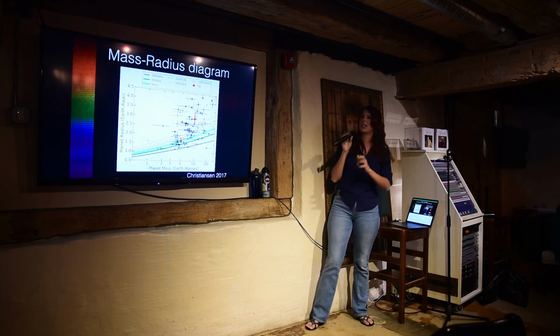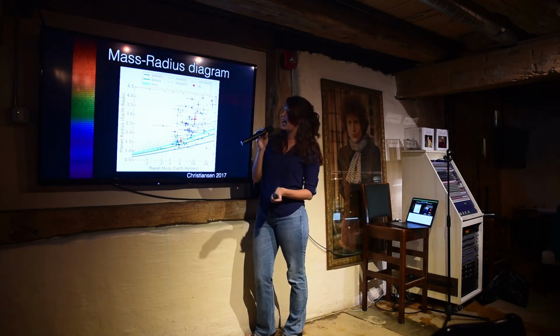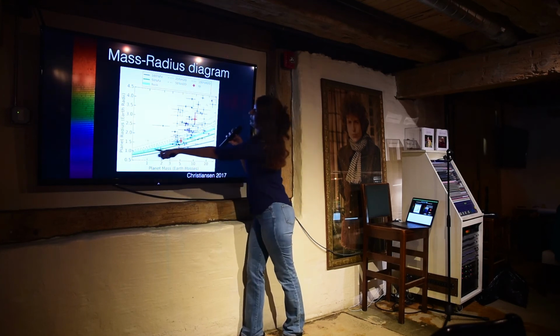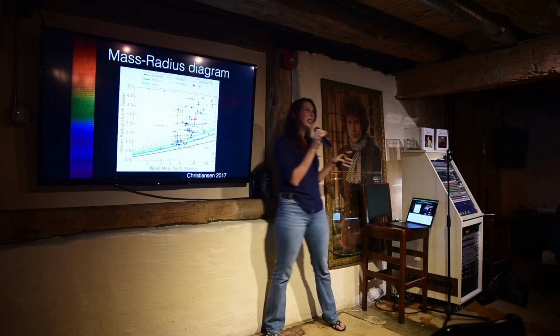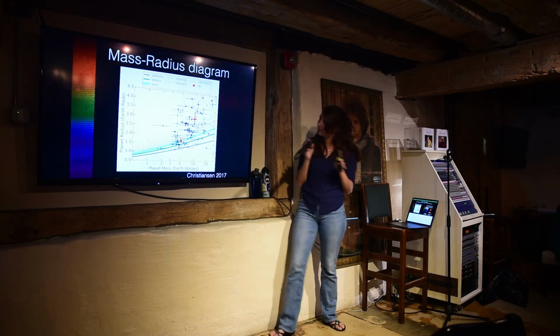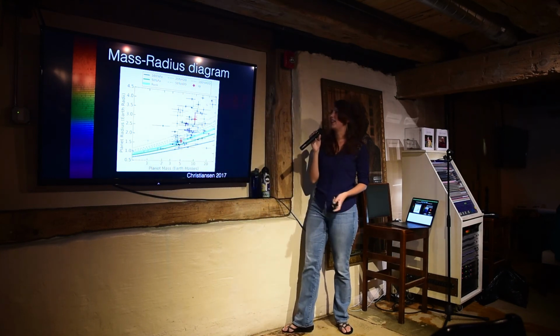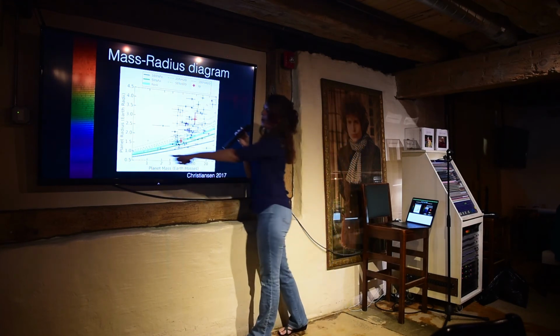And then based on where they fall, we can show lines that represent where planets would be at a given mass and radius. If they were made entirely of rock, like this thick teal band here. If they were made entirely of iron, which we don't really think can happen, but it's an interesting check, which is the dark green band here. Or if they had something like 25 or 50 or 100% water, so the water worlds, which are the dashed